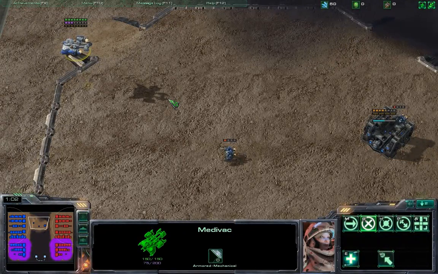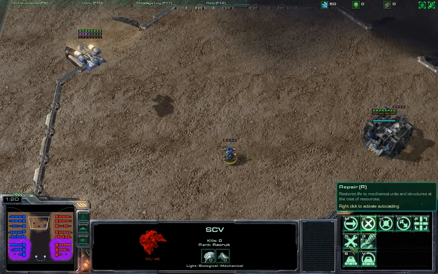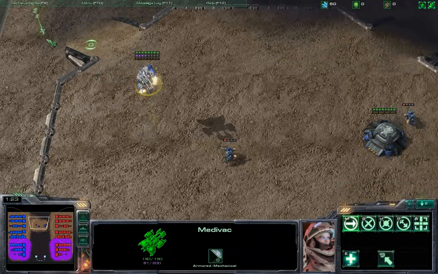Now, when I read about that, people kind of called it a bug or an exploit, but to me it doesn't seem like an exploit. Like, if an SCV can repair a Hellion on the ground, I don't see why it can't repair a Hellion when they're both inside a medevac. Ready for pickup? However, this is a little bit different in that